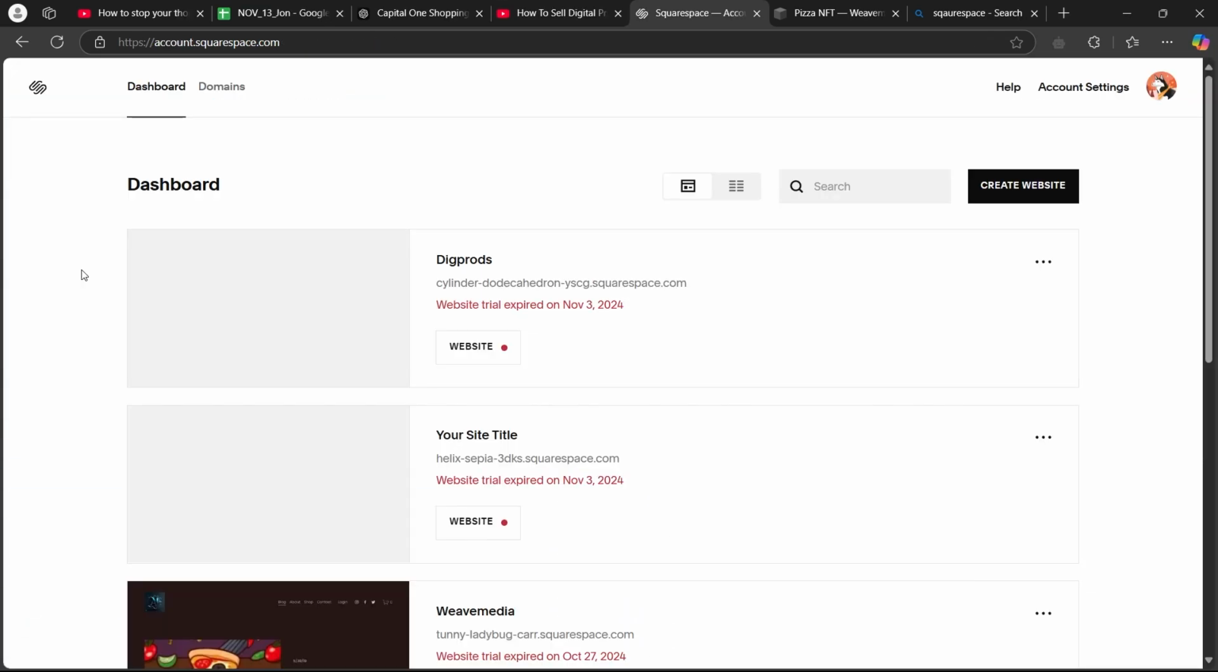So, let's dive in. First, navigate to squarespace.com, log in using your credentials, and you'll be on this page. If you don't have an account, simply sign up by clicking on the Create Account button at the top of the Squarespace website. After logging in, you will see the Squarespace dashboard where you'll have to simply click on the Create